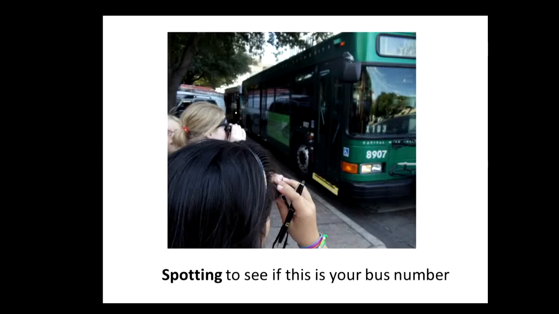On many of our trips, we take students downtown, and this happens to be a very, very busy area where lots of buses pull up. And in this picture, a student is spotting to see if she can find the bus number. We were looking for the number 5 bus to head back to campus, and the students could identify, even when the buses were pretty far away,